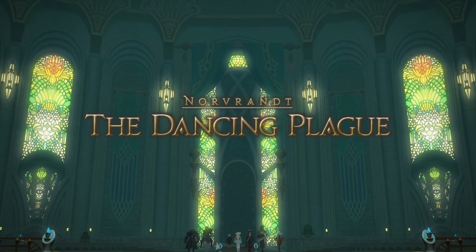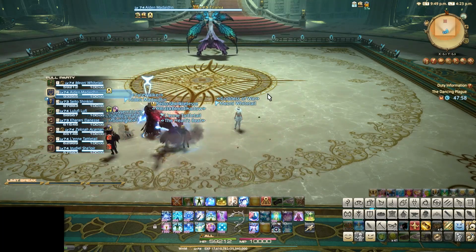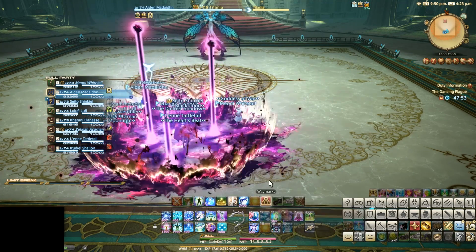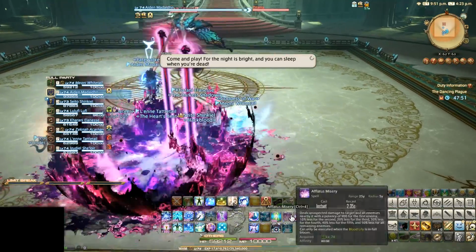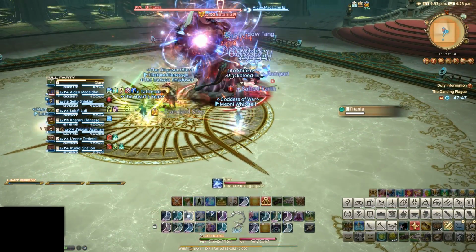Hello and welcome to my trial guide for the level 73 normal mode, the Dancing Plague. Titania is a fun boss and I loved every minute of this fight, so let's break it down so you can get a basic understanding of how it works, highlighting the important abilities to look out for and the phase